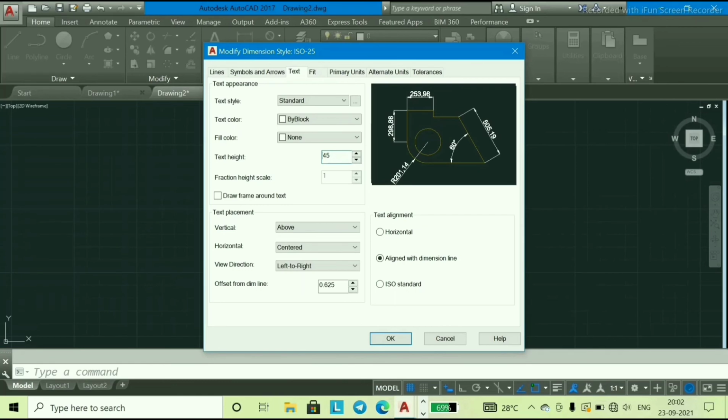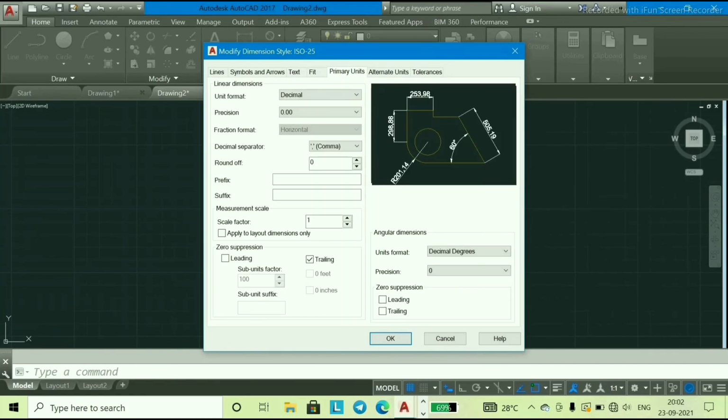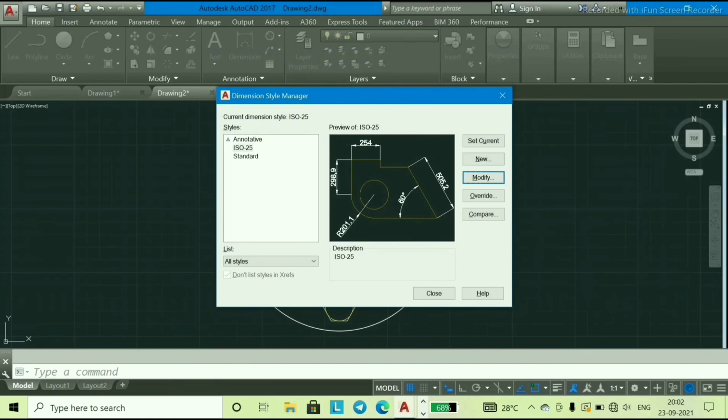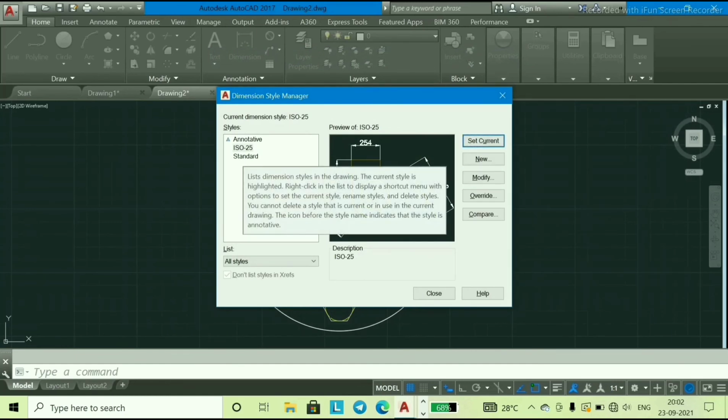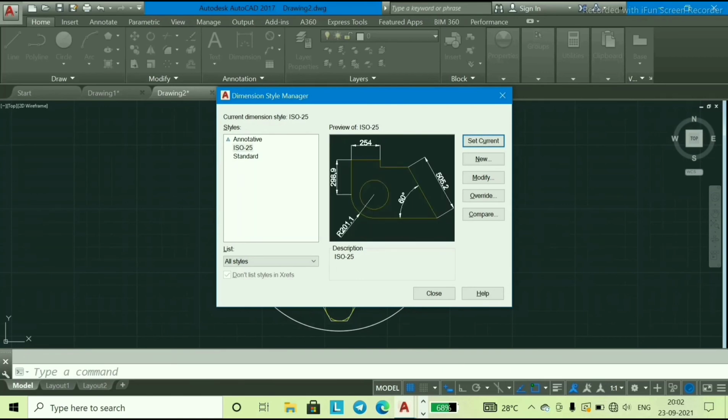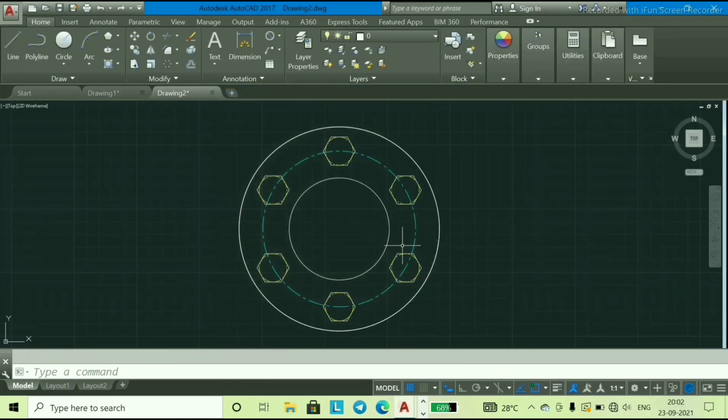Now you can see the preview of how this will look. Now go to primary units and select 0.0, that is 1 digit. OK. And go to set current, that we have already selected, like ISO 25. OK.